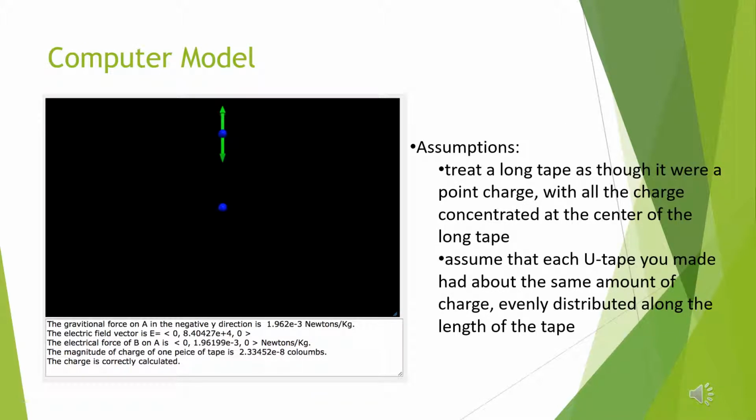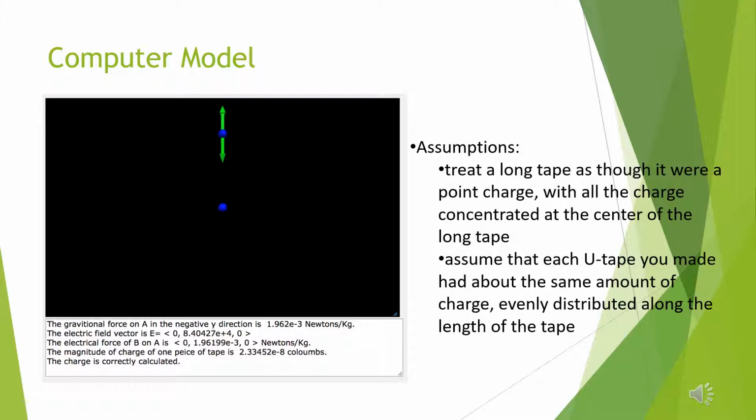So the last part of the lab asked to create a computational model of the situation. So I created a point charge model of the two pieces of tape, tape A the top tape and tape B the bottom tape, shown as the two blue spheres. Computed the force of gravity on tape A using the gravity constant on Earth and the mass of the piece of tape, and then solve for the charge of one piece of tape, solve for the relative position vector, the magnitude of that, and then the unit vector of r, and then use those values